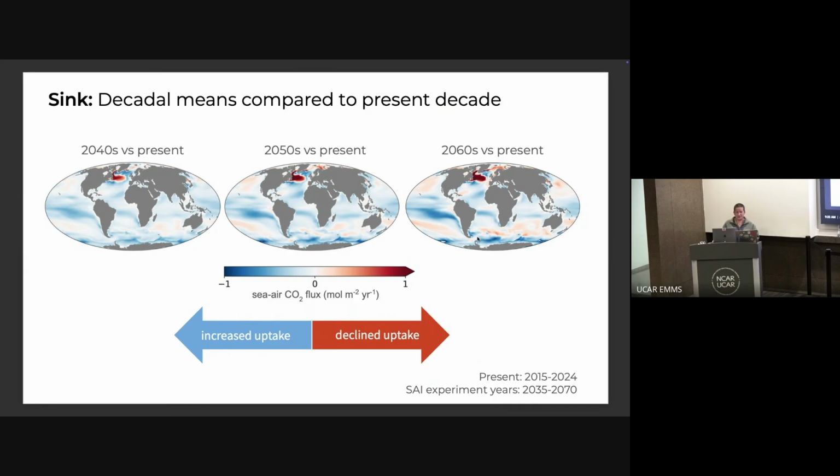And by the 2060s, the North Atlantic shows substantially reduced uptake. So looking at the impacts on air-to-sea flux this way, I would be really curious to see if these impacts would persist and or amplify if the simulations ran longer than 2070. Over more than the 35-year simulation, how would carbon uptake change? That's my